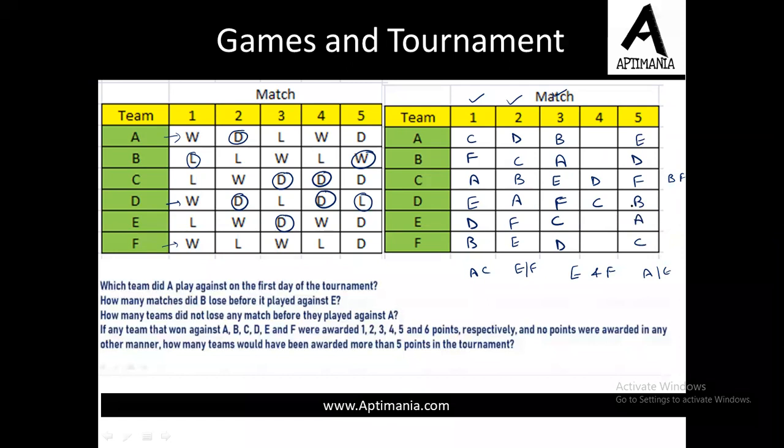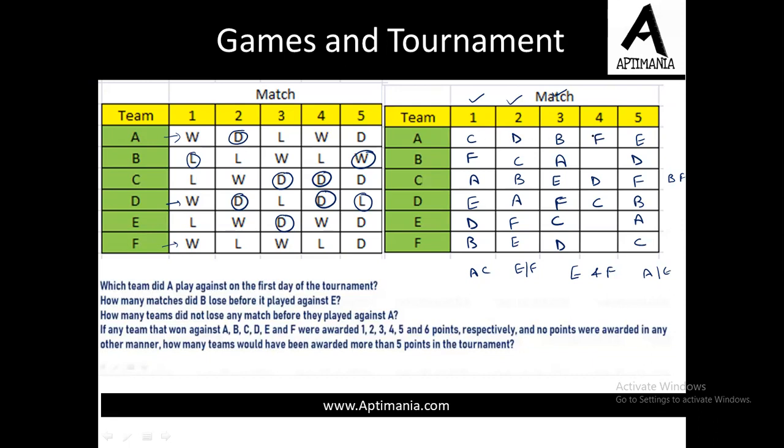Now again, using the simple rules of Sudoku, we can fill the remaining values quite easily. Now in column 1, in row 1, we need to fill the values B, C, D, E and F. So we are left with only F. Obviously ये खुद से मैच नहीं खेल सकता, उसके अलावा B, C, D, E, F सबसे मैच खेले होंगे.